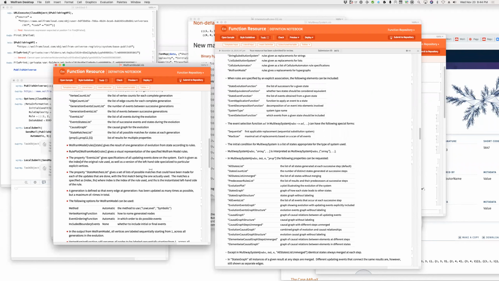So the specification for matches would be exactly the same as the specification for events. Actually, wait a second. No, because for events, we need to specify the output as well, because it's not recoverable. The output has newly named vertices, which nobody knows what they were named. Oh, I see. As well as the instantiated version. So it should just be index, as an input rule output. Yeah, it's the instantiated version of the rule